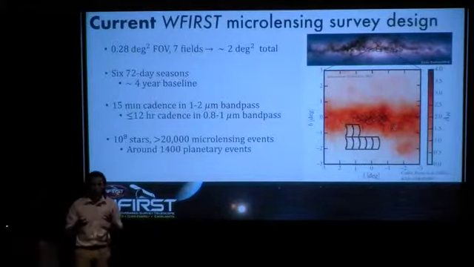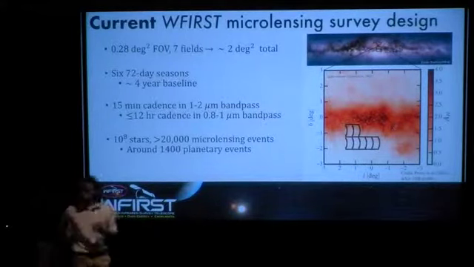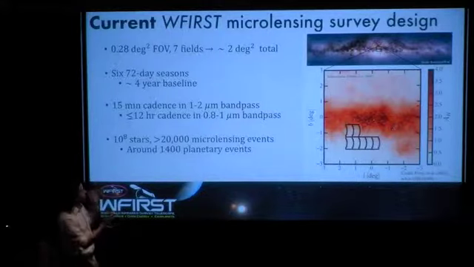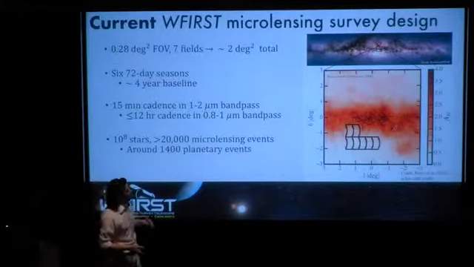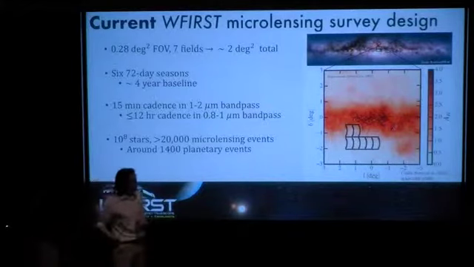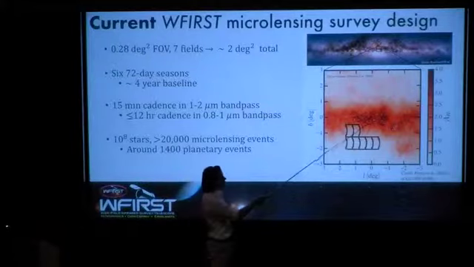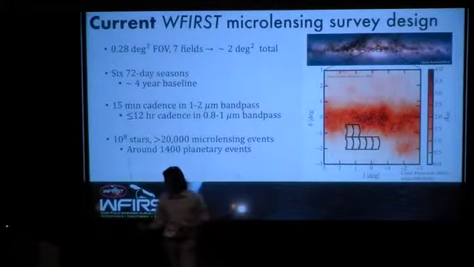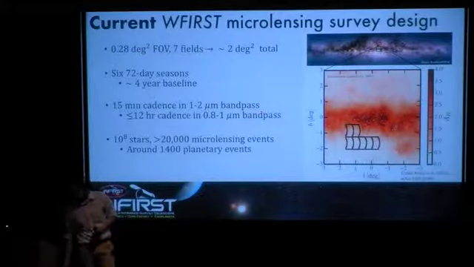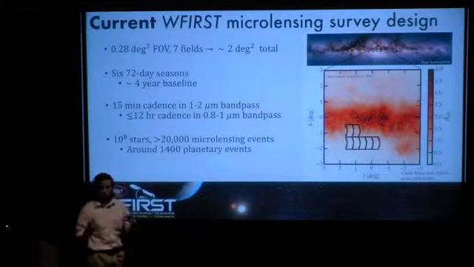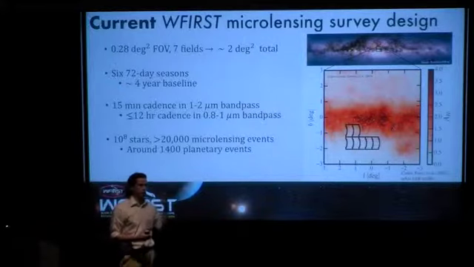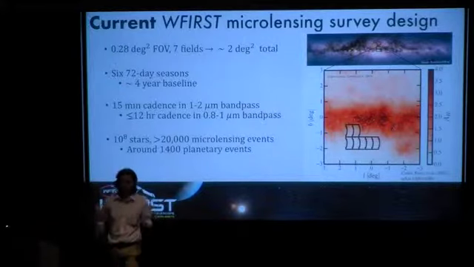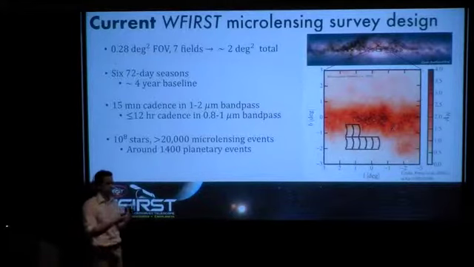Now, WFIRST is going to be able to find these planets because of how the survey is designed. The main points I want to get across about the current survey design are that it has a wide field of view, about 100 times that of Hubble with similar resolution, and it'll have about a 2 square degree survey footprint in total that's going to sit just towards the galactic bulge and just below it, where we're balancing extinction, event rate, and all those things. There'll be 6 72-day seasons, which will be clustered at the beginning and end of the mission lifetime, so separated by about 4 or 5 years, which will help with measurements of lens-source separations with that long baseline.